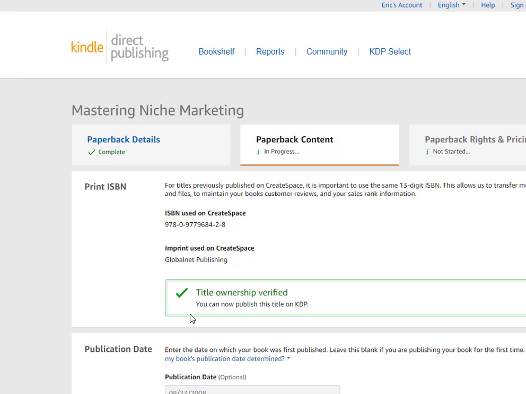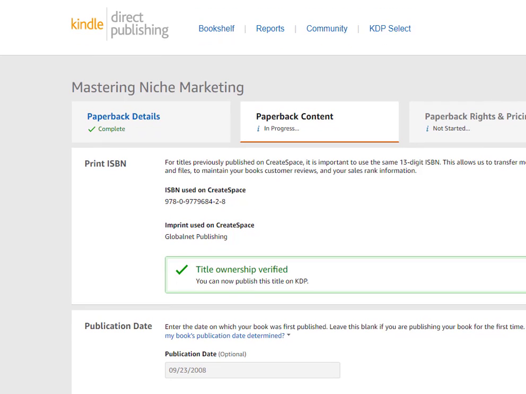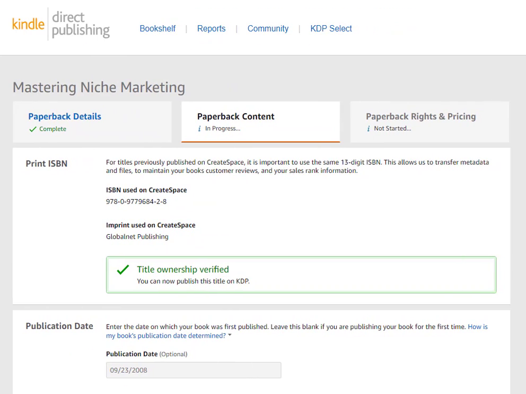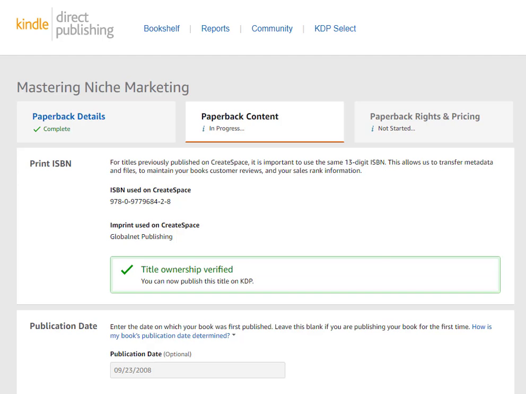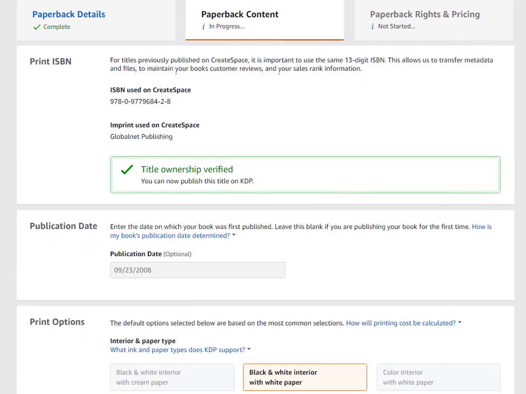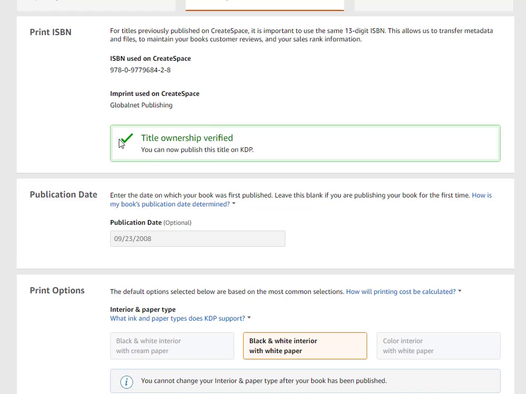And since I think I must have already been logged in to CreateSpace. So if you hadn't been logged into CreateSpace, you would have had to enter in your username and password, and then it would send you back here directly. So it did this automatically without you even seeing the CreateSpace login. So as you can see here now, information has been basically transferred over. As well as the metadata,